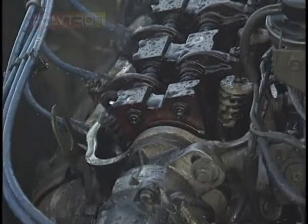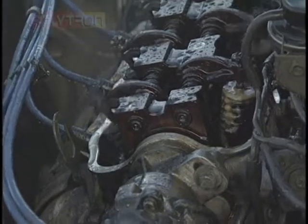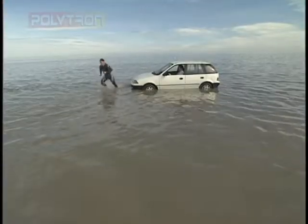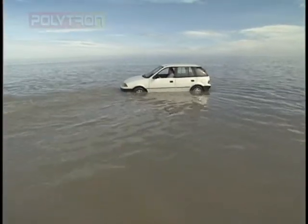Now let's take a look up top. Look at the valve train. The salt water is fouling the valve train. Salt water is getting inside this engine and it's running beautifully. Polytron has protected this engine from salt water. Unbelievable. After running without oil in the sea of salt water, the car's driver attempts to drive the car